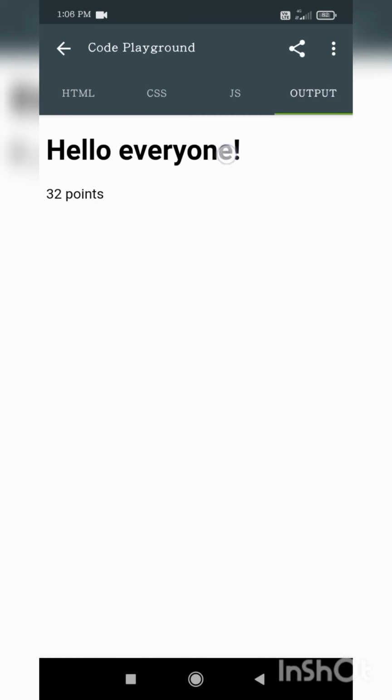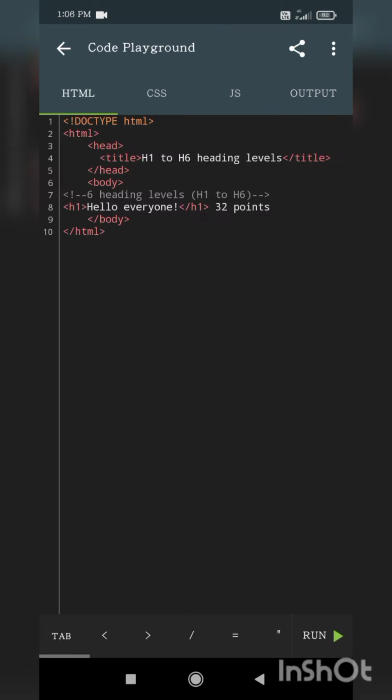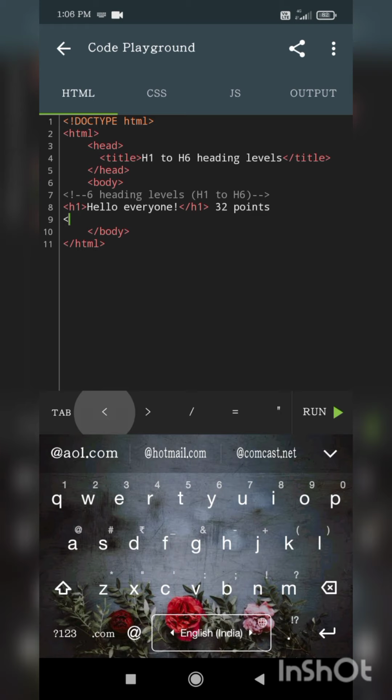See friends, here you got hello everyone in bold, and this tag is used to write main headings, such as normally in any textbooks you will have the lesson names. If you use this H1 tag, it will be the biggest heading tag. Yes. So the next one is H2 tag. This H2 tag is somewhat smaller size, if you compare to H1. So here I am writing welcome to